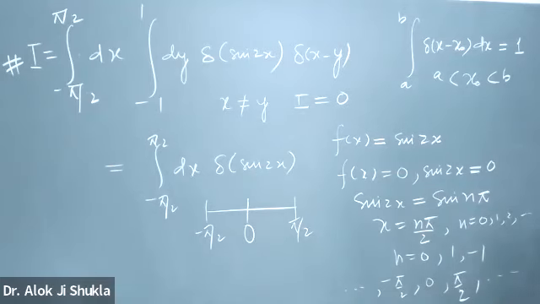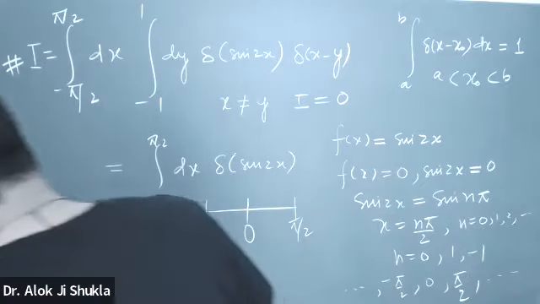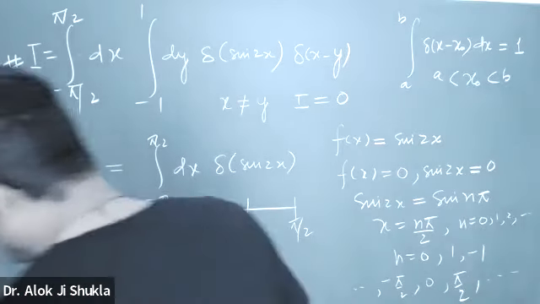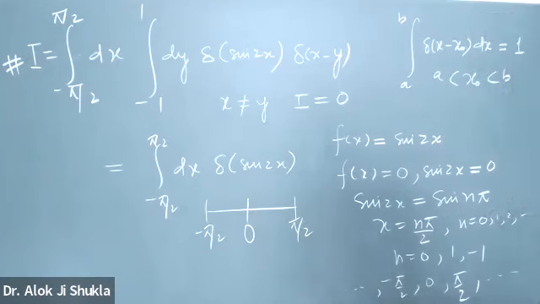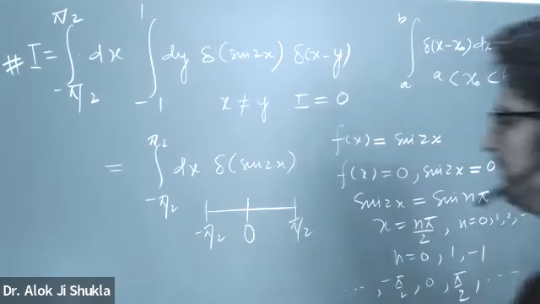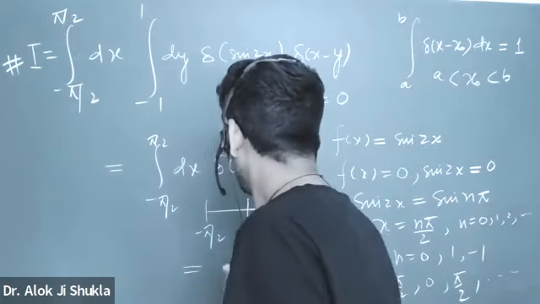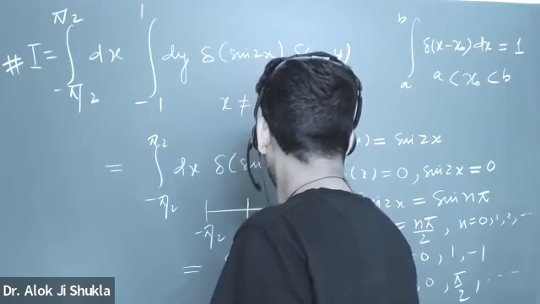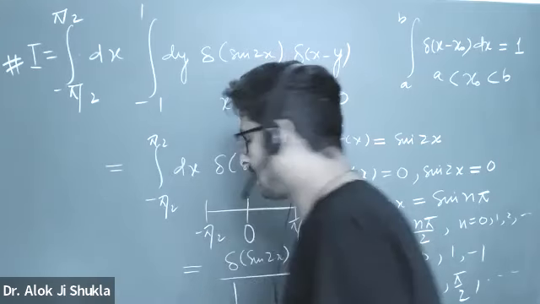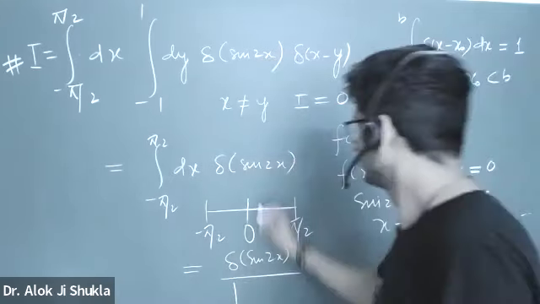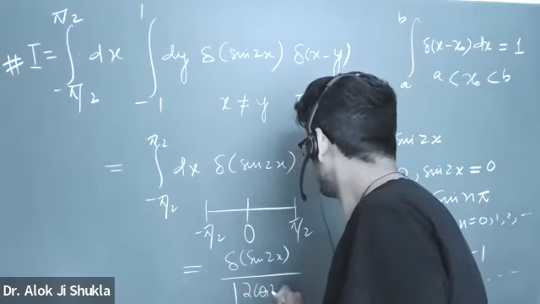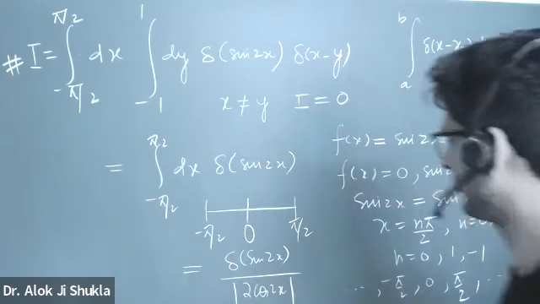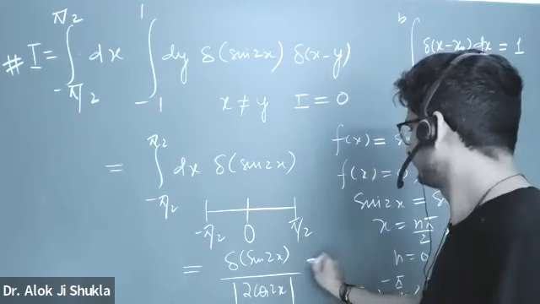Tell me, which value is suitable? n equal to 0. So what will be this? Delta of sin 2x upon mod of 2 cos 2x, which is equal to